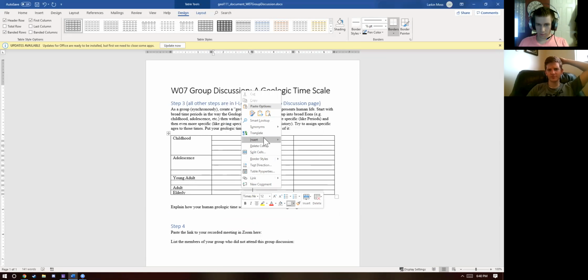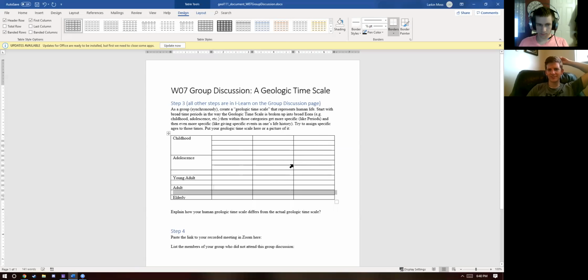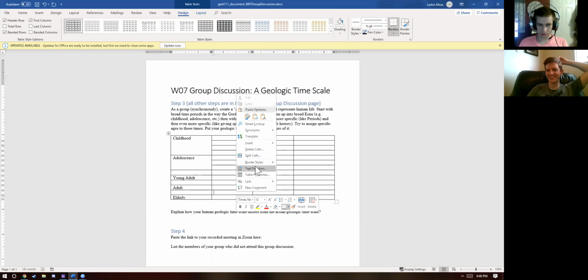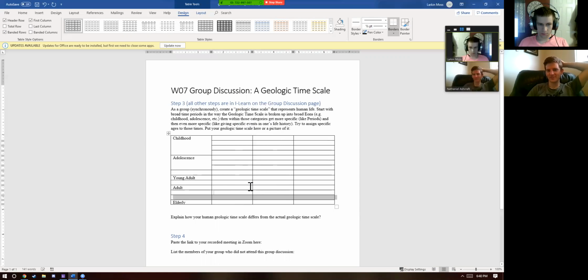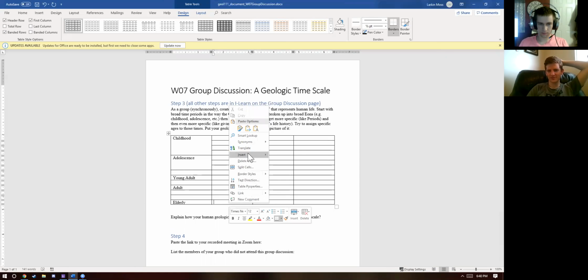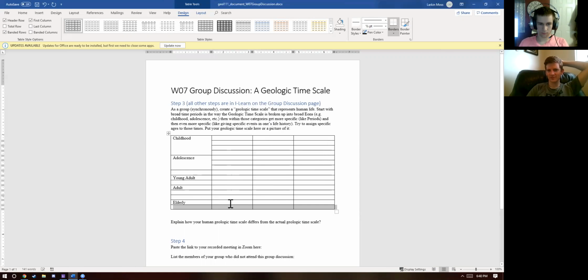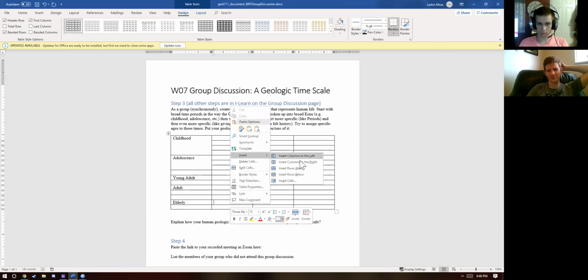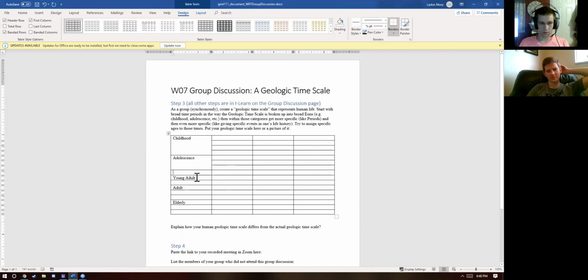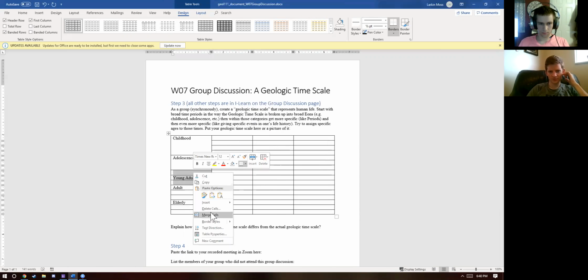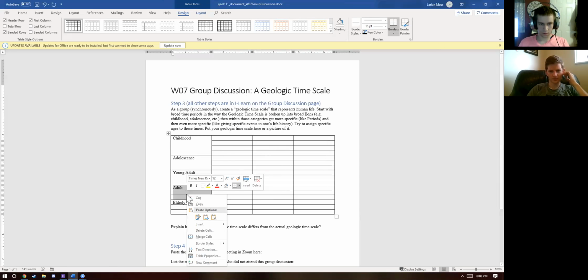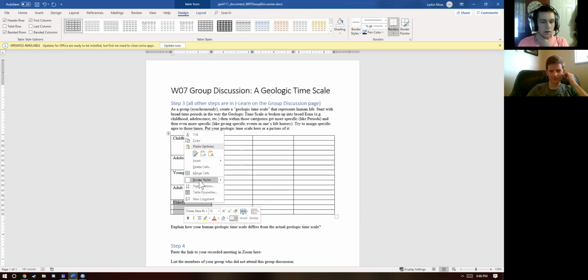Is there a shortcut for adding rows? Because it's taking a while. I don't think so. There might be. I don't know. Rows below. Okay, so